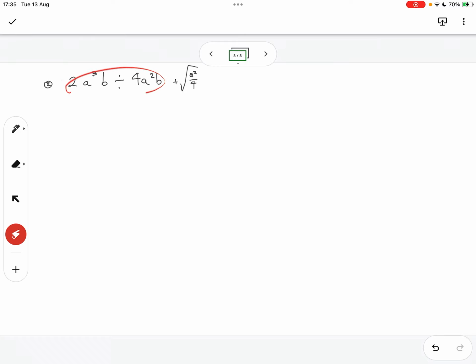So we're going to have to solve first what's going on here. Then after we've solved that, we can add whatever's left. So we can say this is the same as 2a cubed b divided by 4a squared b, plus